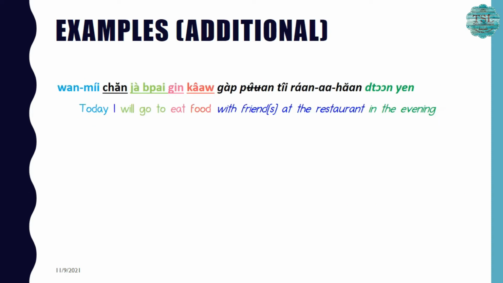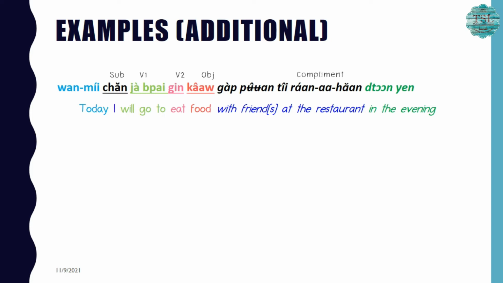So now let's have a look at this sentence. This sentence has ฉัน as a subject, and then จะไป as the verb number one, and then กิน, which means to eat, as verb number two, and then the object is ข้าว, which means food or rice, it depends on the context. And the rest of the sentence are complement, giving more information.